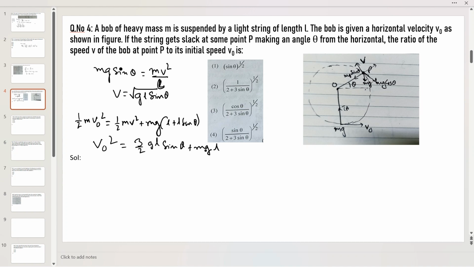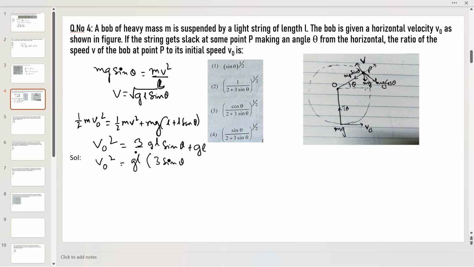V naught square is equal to 3 by 2 GL sine theta plus mg L. Now from here you can see, this will be GL, not L, m will be removed here. This will be GL. And this 2, because half cancels out, so this 2 will also cancel out. So here you will get V naught square equal to GL, this is common, that is 3 sine theta, and here,